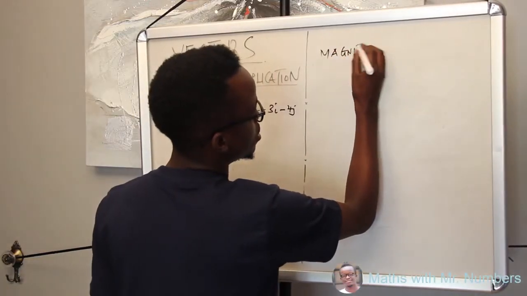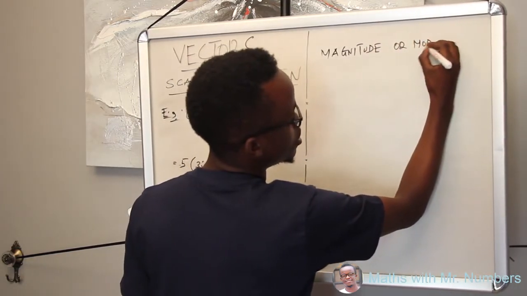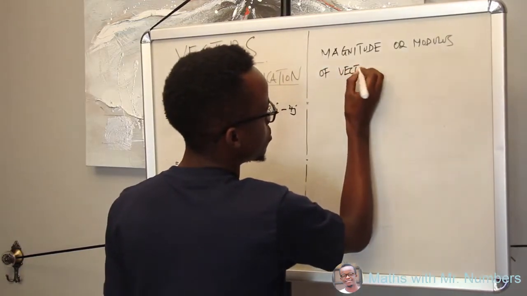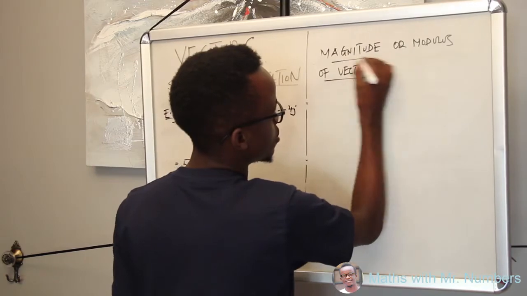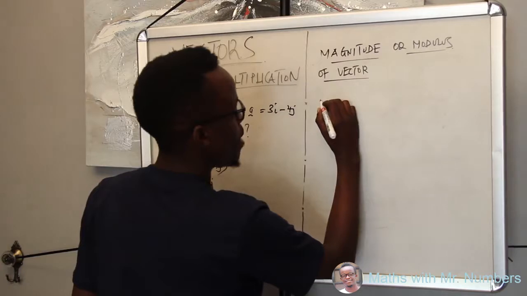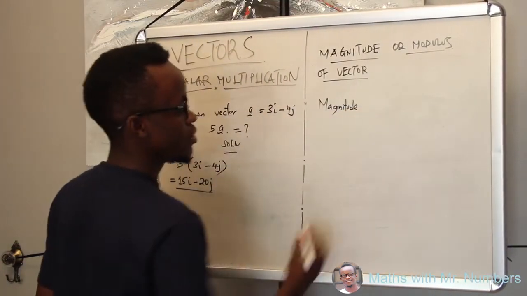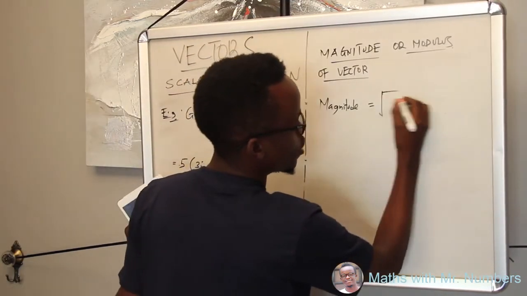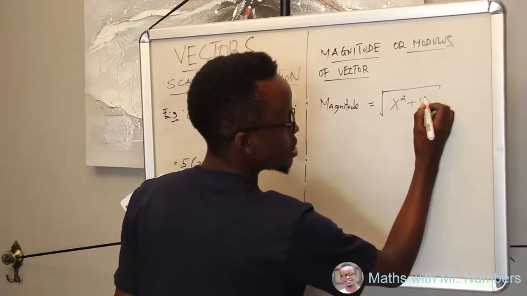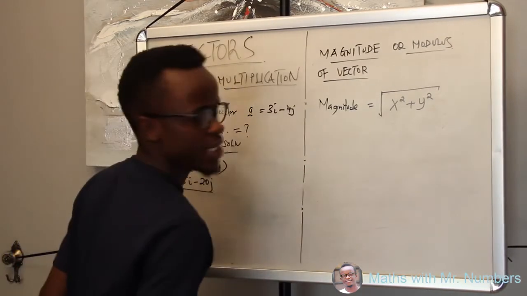Magnitude or modulus of vectors. This magnitude or modulus of a vector is given as the square root of x squared plus y squared. Where is this from? This is from a